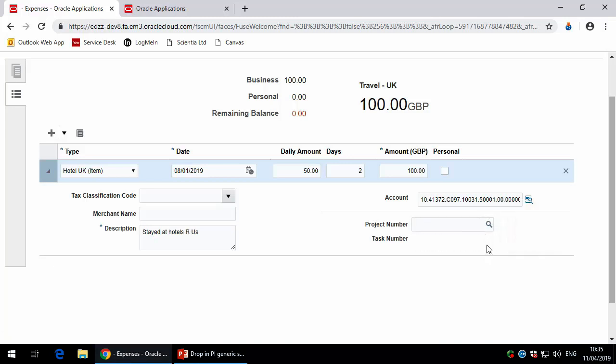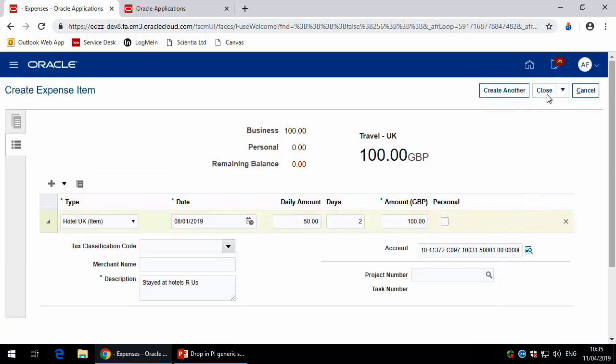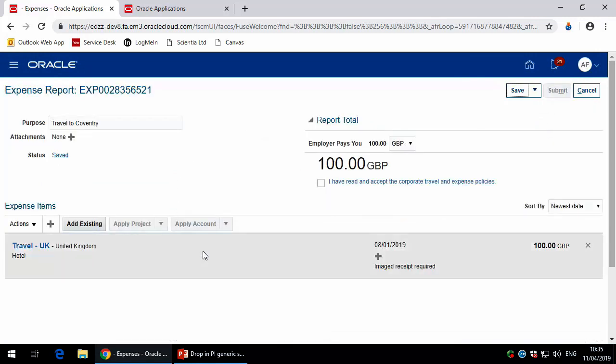So let's see if I can. Once I'm done with my itemization, I click close. What that then did was it has put my item, Travel UK, in here, and it also gave me a message that I have forgotten to put an image receipt on it. So I wouldn't do it anyway, but it is very important that you do when you are submitting expenses, because